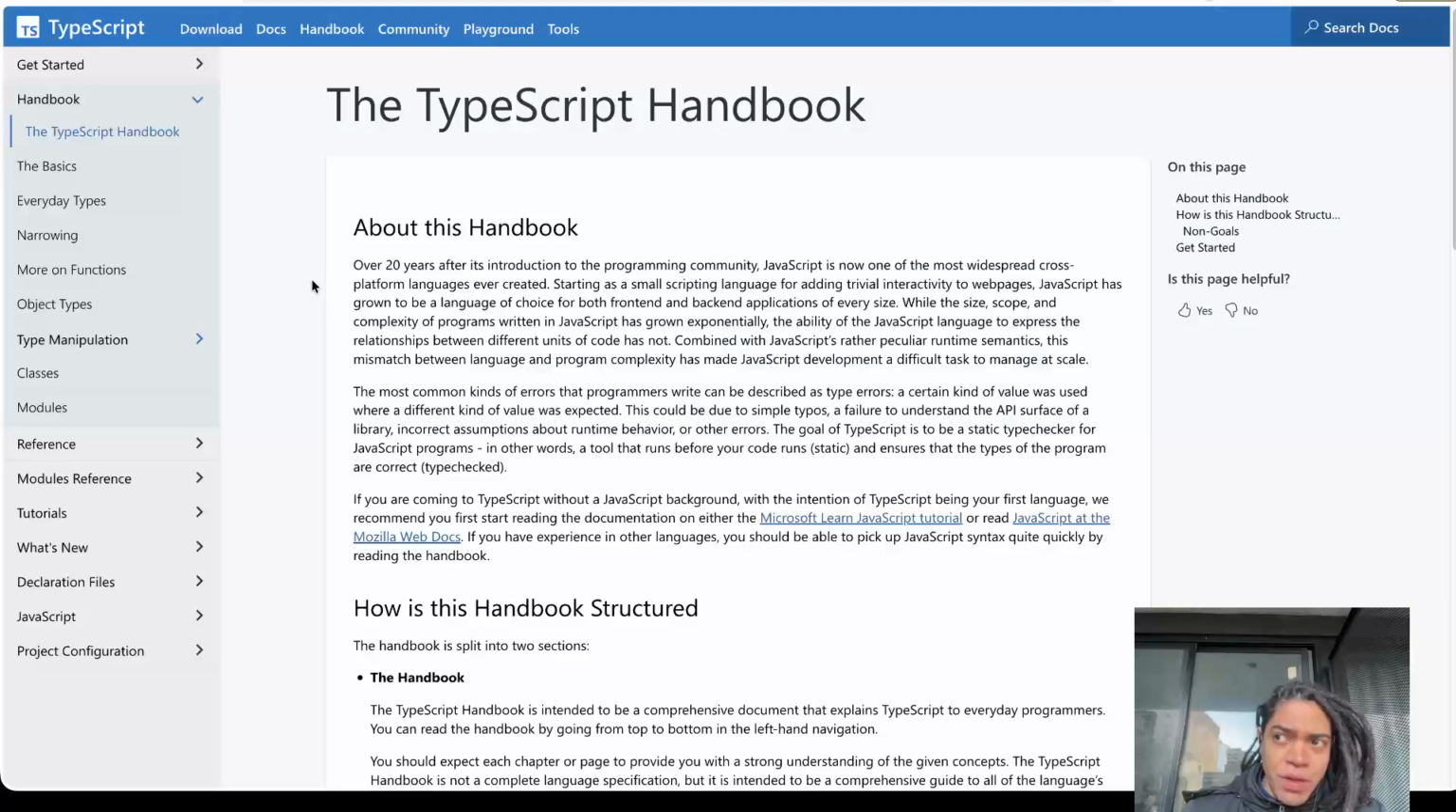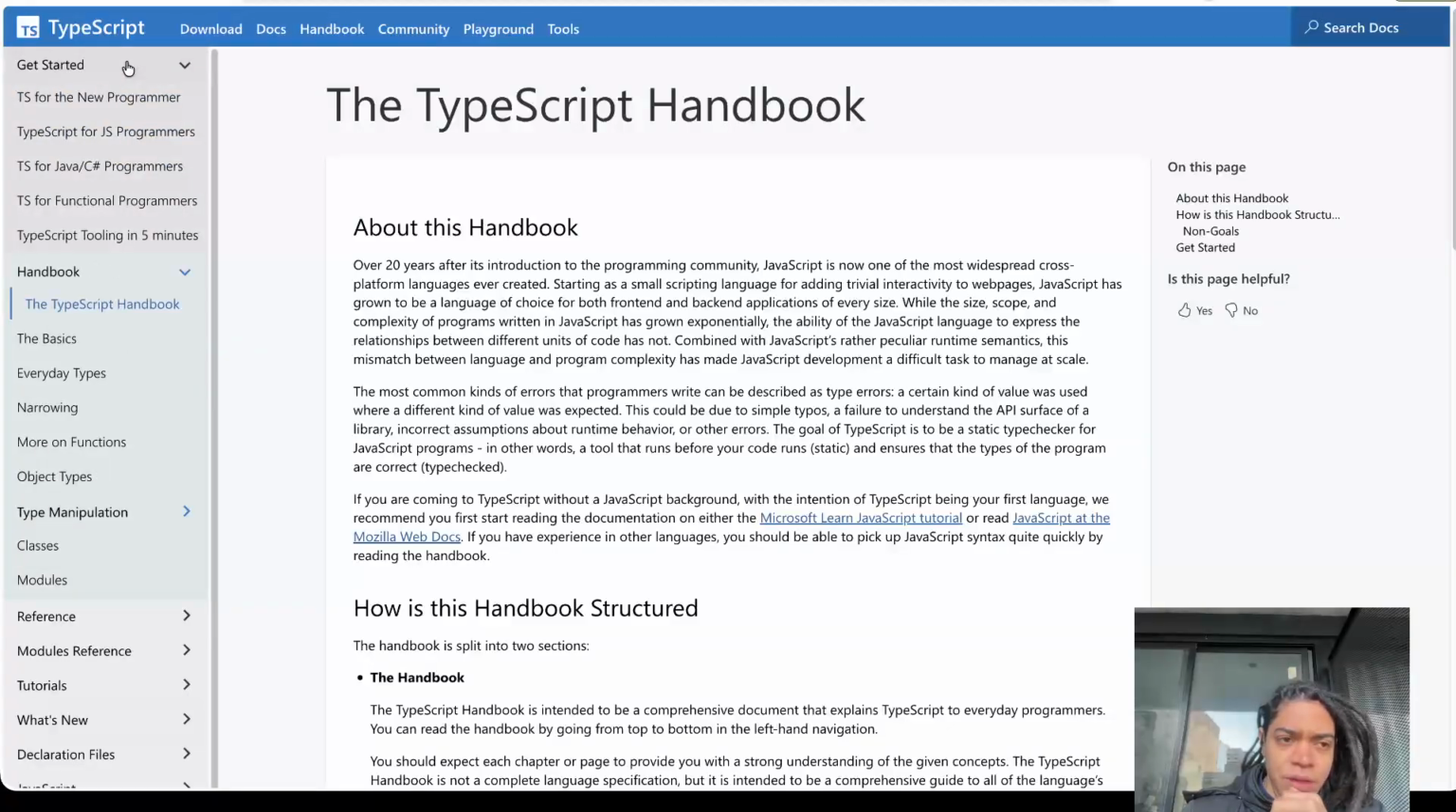So in order to understand this from the TypeScript author's perspective, I'm going to start from the Get Started, okay? Read about this briefly, and then start to dig into the handbook, how to read this, and also the reference, right? So to describe this at a high level,